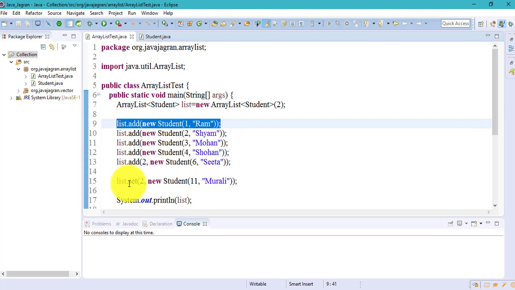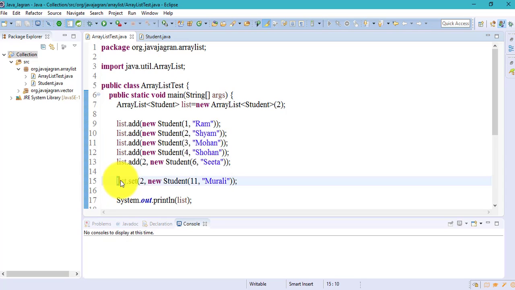But unlike Vector, where we didn't find any method to replace an element, here with the set method we can replace. Suppose some data is there on the first slot and we want to replace it. Suppose on the second position data is there, we can set the data at the second position.